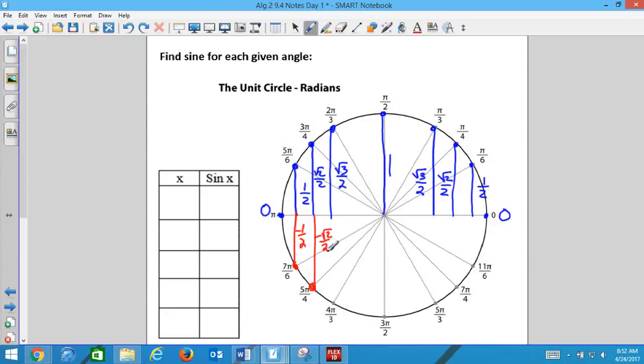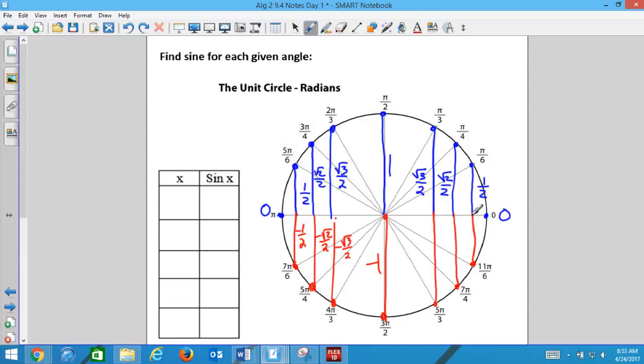Negative square root 2 over 2. And then negative square root 3 over 2. And then negative 1. So we're getting more negative until we get to 270 degrees, or 3 pi over 2, that's negative 1. And once we get there, what are our y values doing? The y is just the length of this red line, like what's happening once I get past 270 degrees, what's happening to the length? It's getting closer to